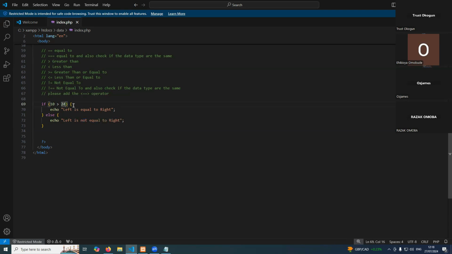But if you do 10 is greater than 10, this is false because 10 is not greater than 10. But if you do 10 is greater than or equal to 10, this is true. So you can have this part can be, so you could say